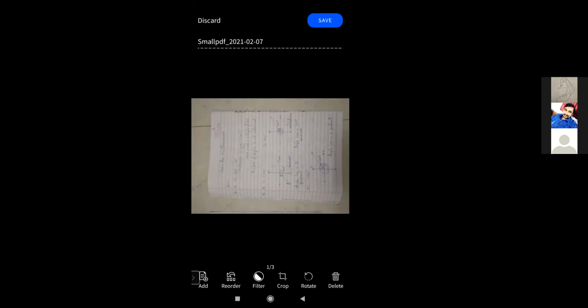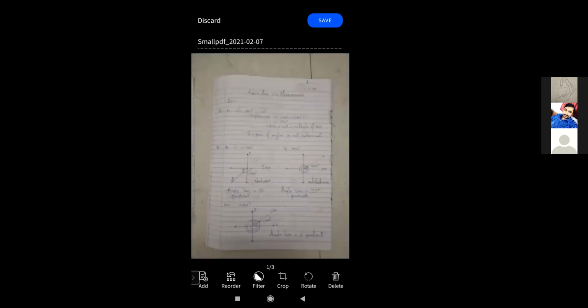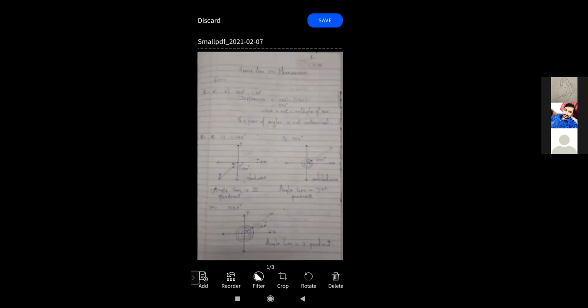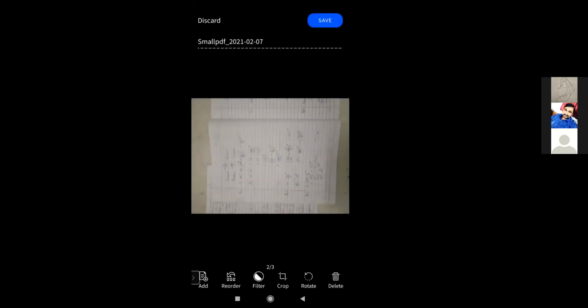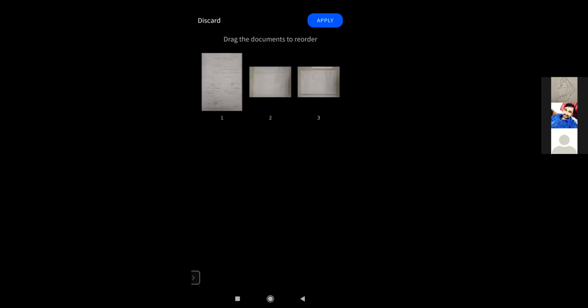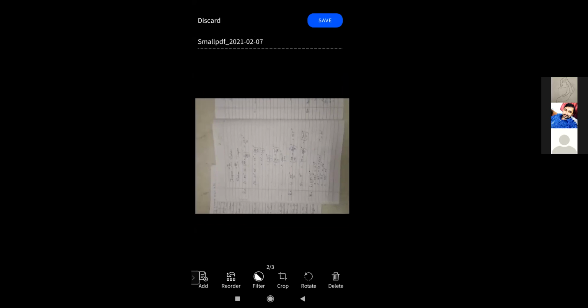Now if you see, I have done this. Now make sure your page is vertical. There is a rotate option over here. You can rotate it and always make it proper. You can crop it so that it is very neat and proper. And then there's a reorder option also, where you can reorder the pages. If you go to reorder, I can shuffle the pages, you just have to drag the documents. I'm not showing that right now. Here I can just rotate this.